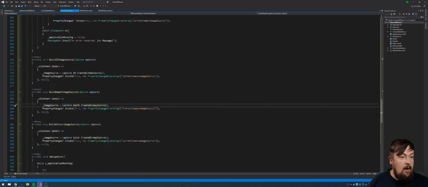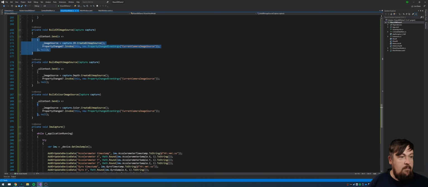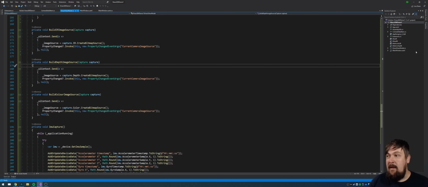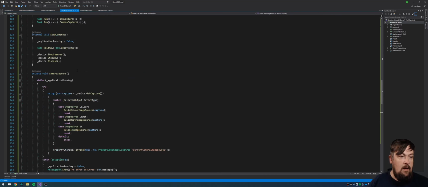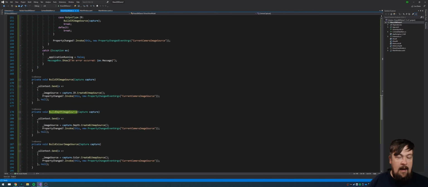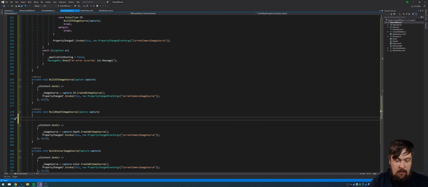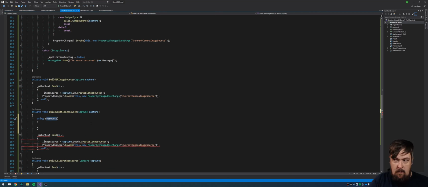So yeah, our color image source and our IR image source are essentially complete. The depth image source, we need an extra piece of data. So we've got our capture that we're disposing of. We're passing that into our build depth image source. Inside the build depth image source as well, we want two new using statements. We want one for an output image,